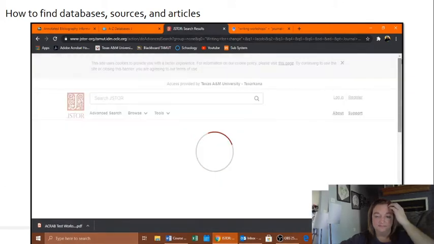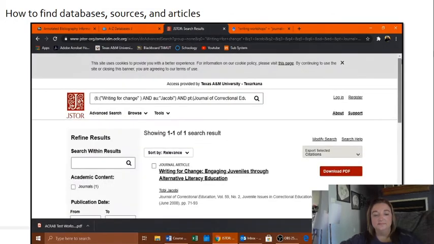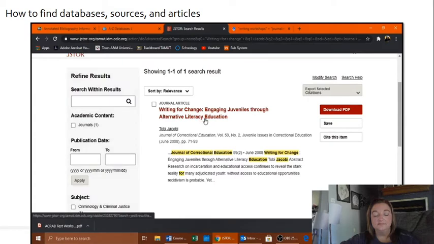Or if it ever loads. All right, so there we go. There is the access to it and the source. And all I have to do is download the PDF, which is not problematic at all. I want to show you something else in here for your works cited information that's very valuable for you to know. On every source that you access,